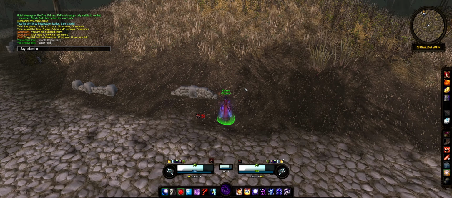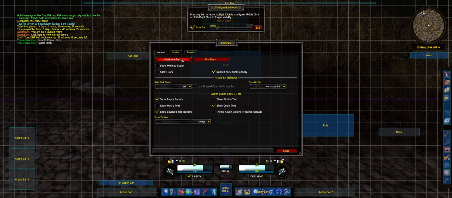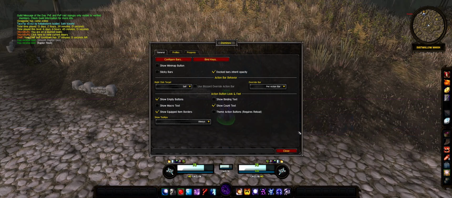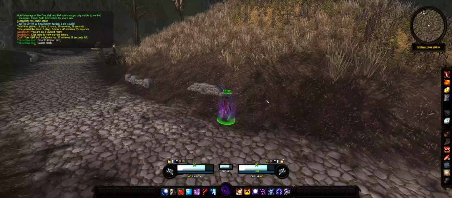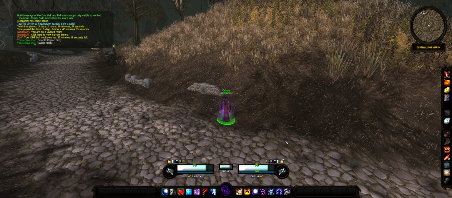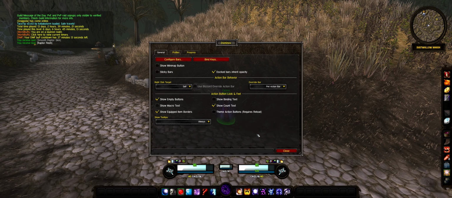It's done in Dominus. It's very simple. You can press configure bars and then you see action bar 1 and action bar 2. And with shift right click you can just enable them and they are automatically shown below. So if you're like me and only lose a couple spells visible because you have everything hotkeyed on the side, which I do here,